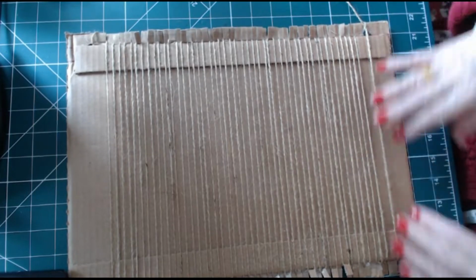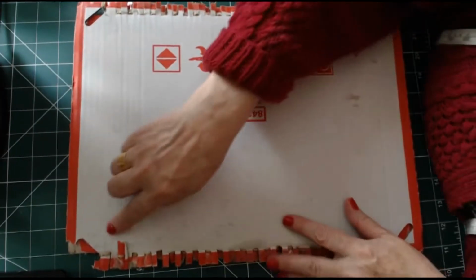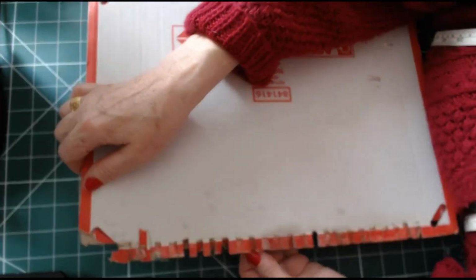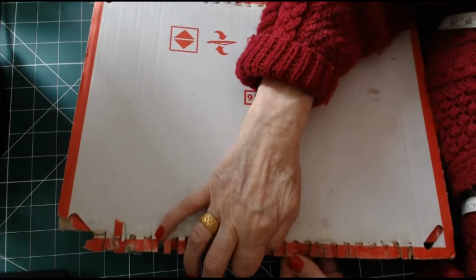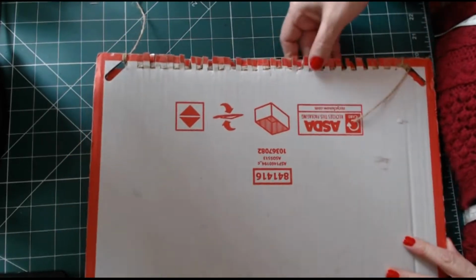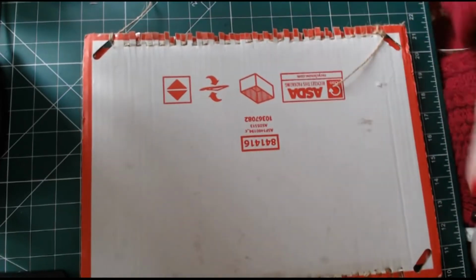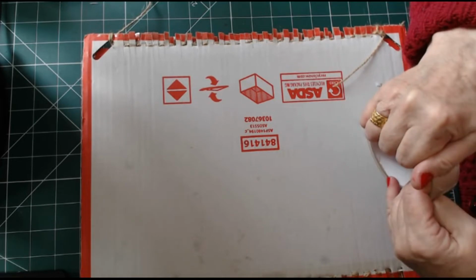Some of them have been weakened in the making of this, but the warp threads are nice. Now if I turn this over, you can see where some of these teeth have taken a bit of strain, so I need to strengthen those up. You can see them at the top here as well. I think they're worse at the top. I'm going to take my sellotape,